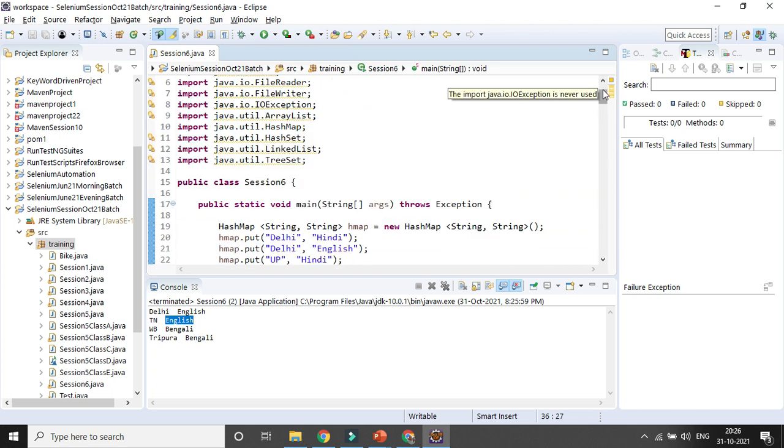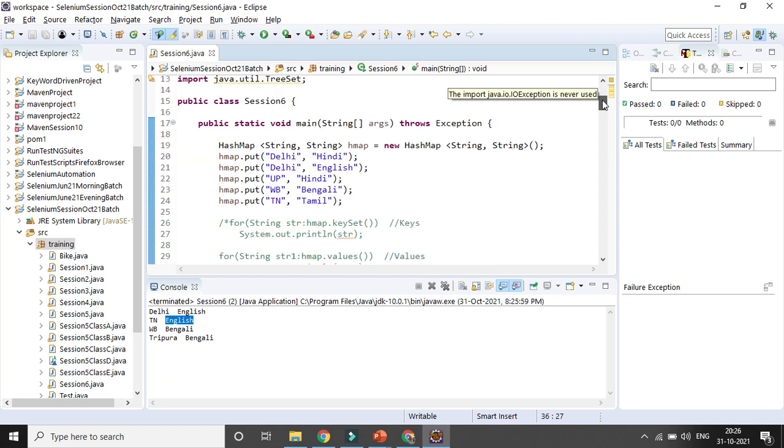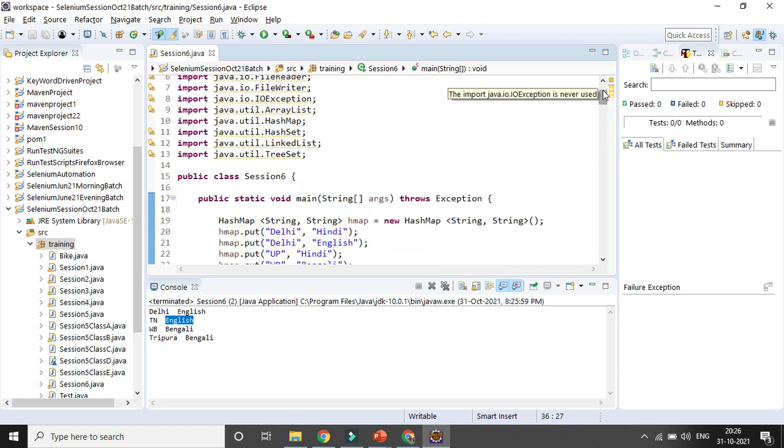Is it good? So where will hash map be used? Primarily, whenever there is a key value pair, we'll be using hash map. Instead of only one part, we can have some key value pair. So during the real-time framework, sometimes you need to have some key value pair. No need to worry. But just like I mentioned, the combination of the state or country, or suppose country capital, roll number and the name of the student, employee name, salary. We need to store it in something called hash map.